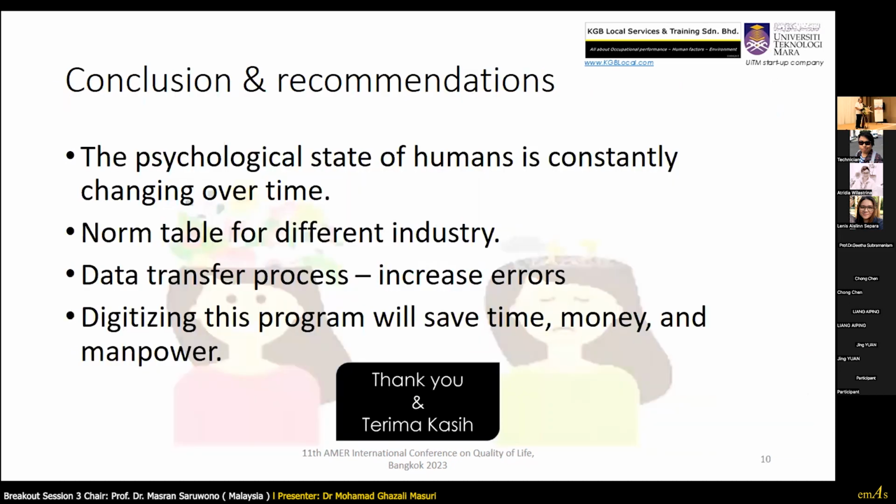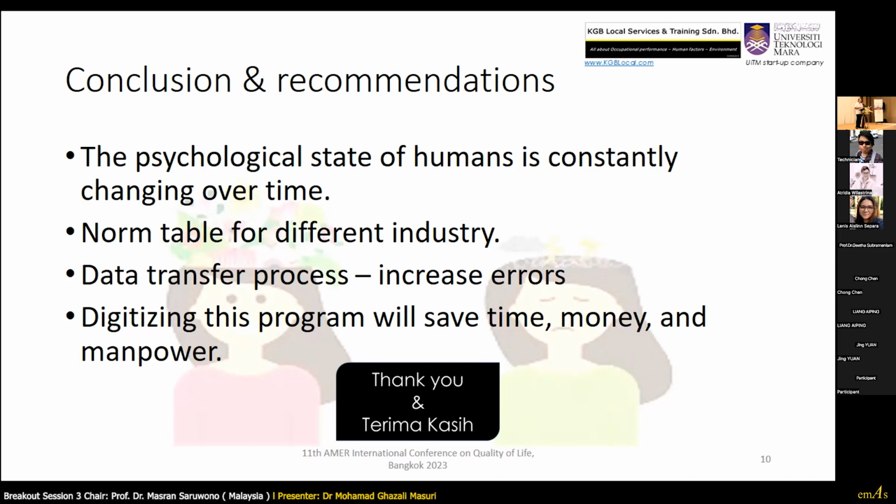As my final slide, the conclusion and recommendation. We do agree that when we talk about the psychosocial as well as mental health, it is changing over time. Remember the presentation about DASS21, the score will change every 2 weeks, in fact every day. We know it's very difficult to measure, but we believe this can be used to predict what will happen next. If you are happy, probably you will be happy in the next few weeks, few months.